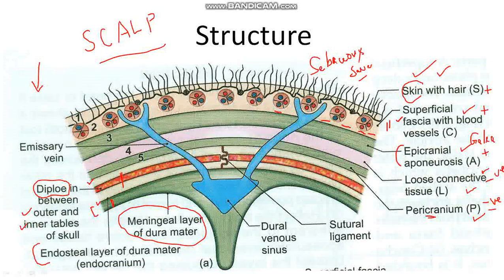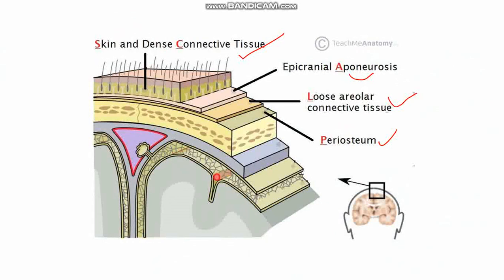So this is the superficial fascia, and you can see it in another image. Here, the line I am making is for the subcutaneous tissue, and it has different locules, and these locules are filled with fat. That's why it is in yellow color.